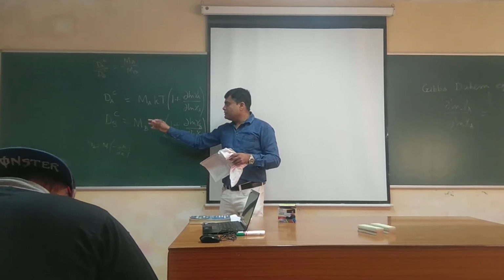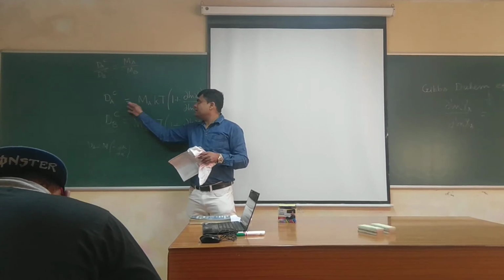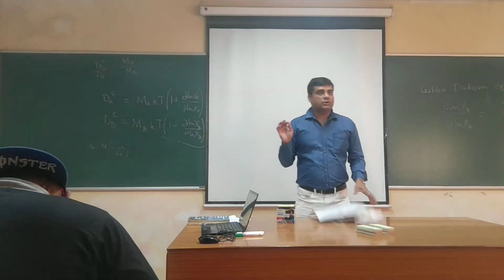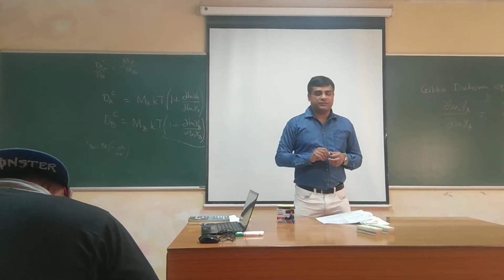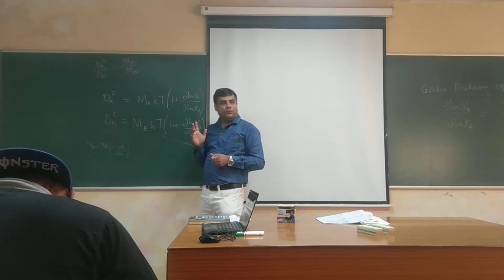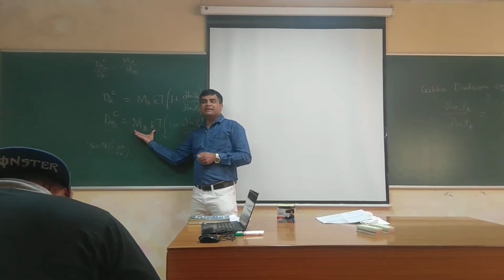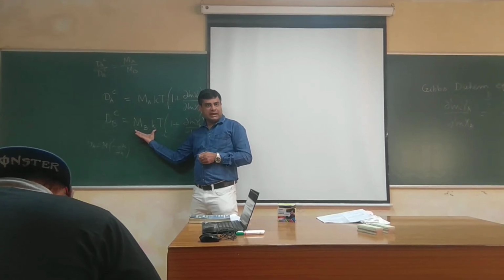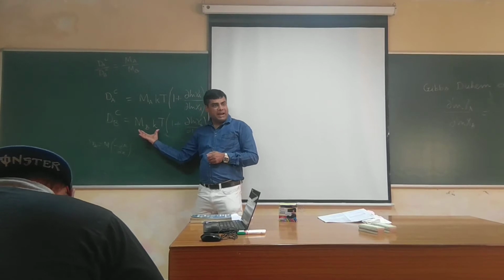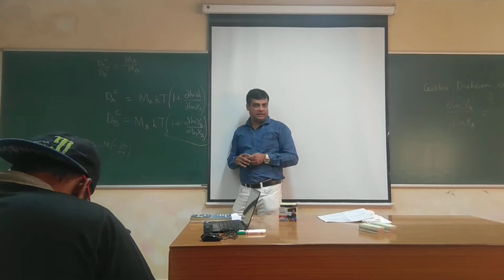So for ideal solution, DB equal to MBkT or DA equal to MAkT. So the intrinsic diffusion coefficient is multiplication of two factors, one coming from the ideal solution in which random jump of atoms happens, multiplied by the non-ideality given by this thermodynamic factor,